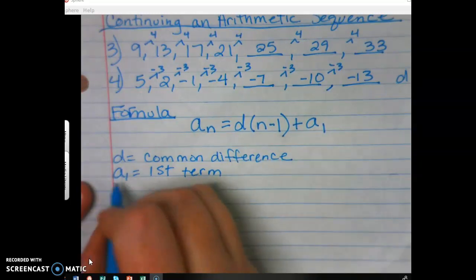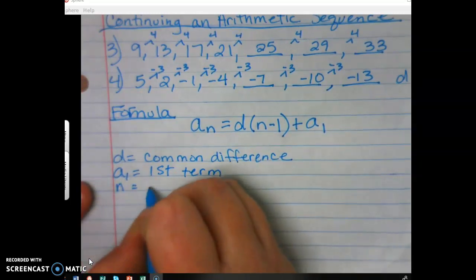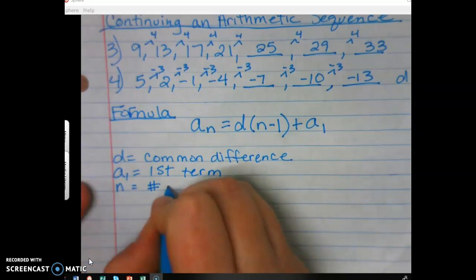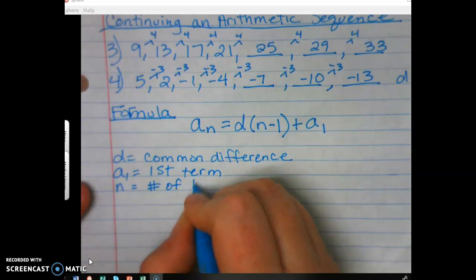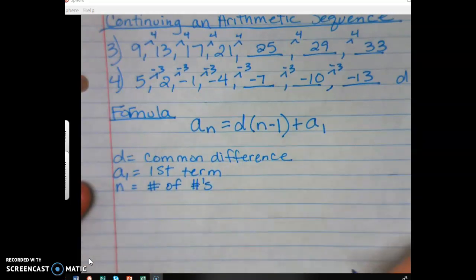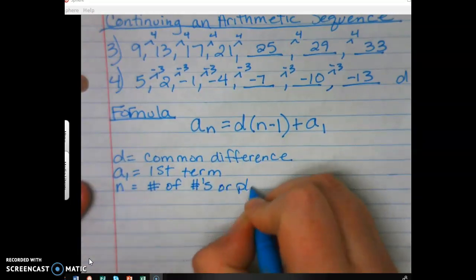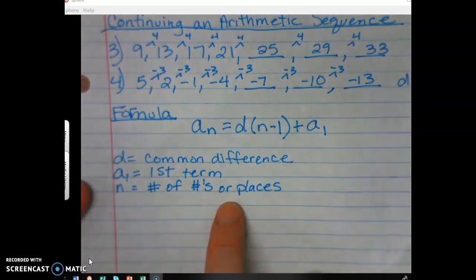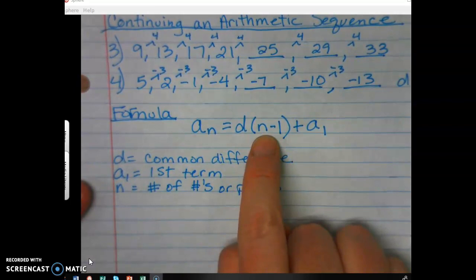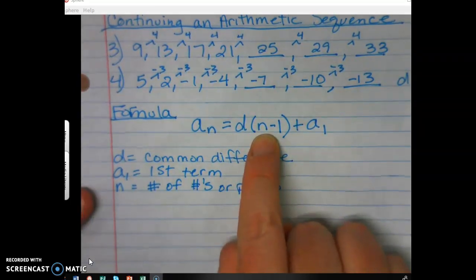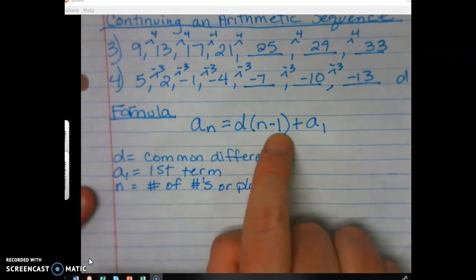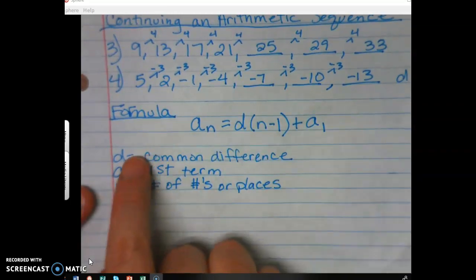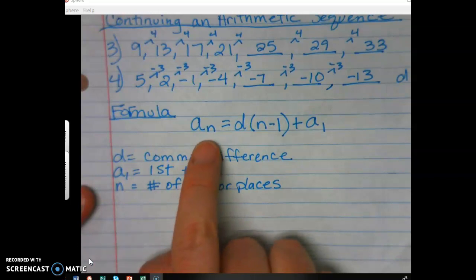N, that is the number of numbers or places. So if I want to find the 13th number, I'd put 13 right there. Okay? So I'd go 13 minus 1 times my D plus my A1. You have all those. And that gives me,